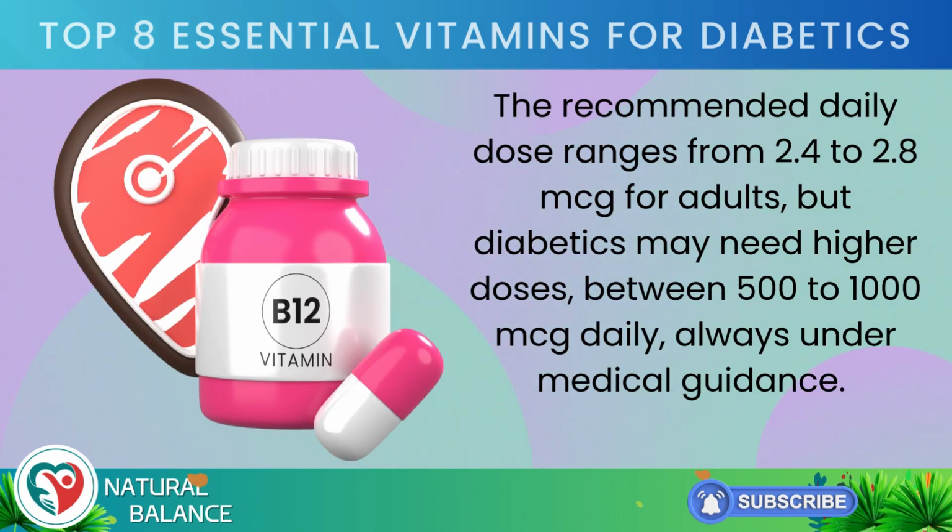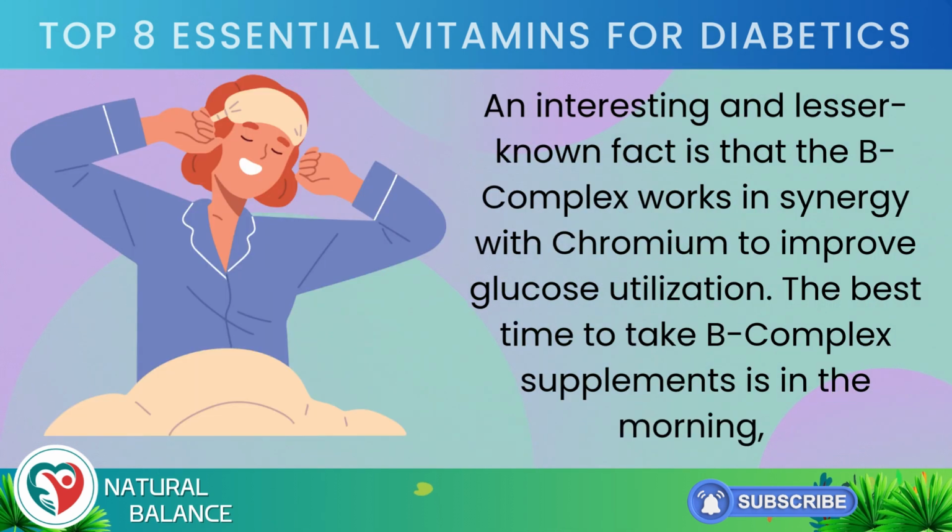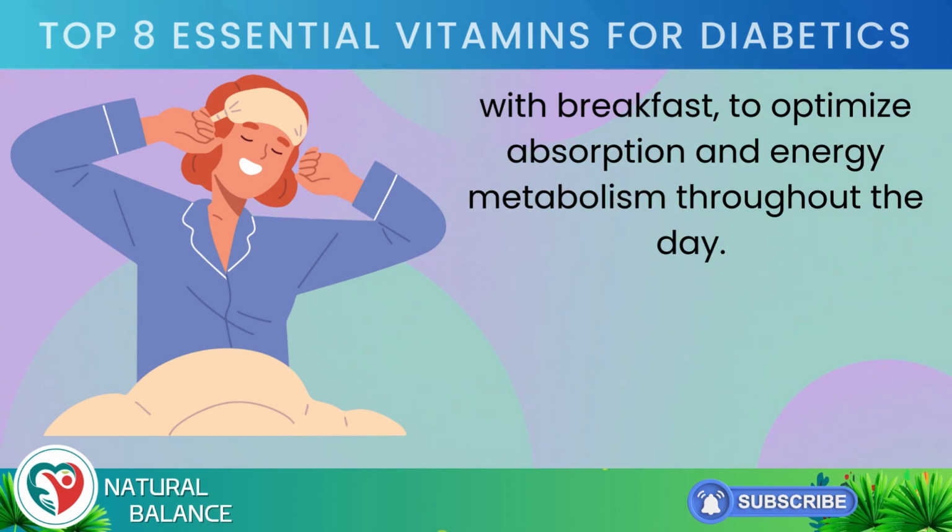The recommended daily dose ranges from 2.4 to 2.8 micrograms for adults, but diabetics may need higher doses, between 500 to 1,000 micrograms daily, always under medical guidance. An interesting and lesser-known fact is that the B complex works in synergy with chromium to improve glucose utilization. The best time to take B complex supplements is in the morning, with breakfast, to optimize absorption and energy metabolism